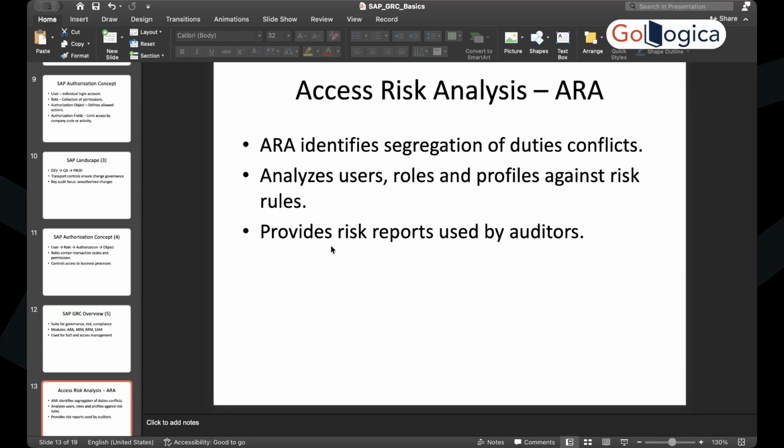Basically, this is something that you enable in SAP. It is a feature that is already available in SAP. Let's say if you want segregation of duties to not be a conflict in your business, you just run a report in SAP which will analyze the users, their roles and their profiles against the rules, and then it will provide you a report that, hey, maybe you need to remove Vanessa, she has access to both